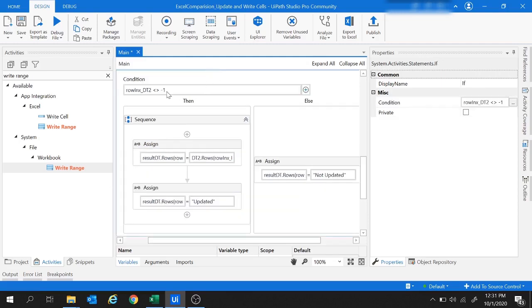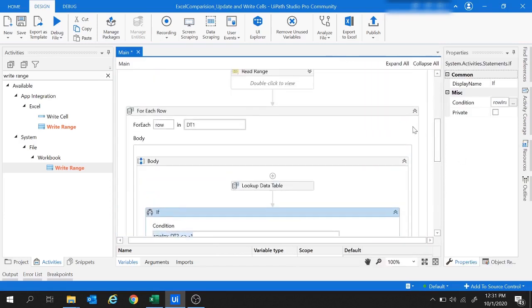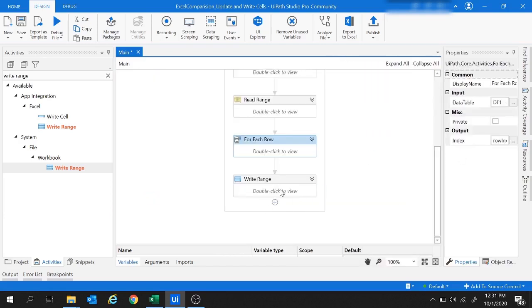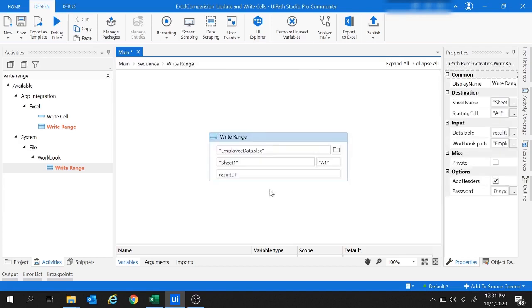But if this condition is false, that means this row index DT2 is equal to -1, that means no match was found. In such a case, we are updating the status column to not updated. So this was about the condition inside for each row, and at the end we are writing the data table, that is the result data table, inside Sheet1 of the employee data Excel.